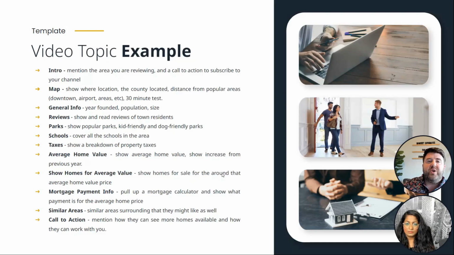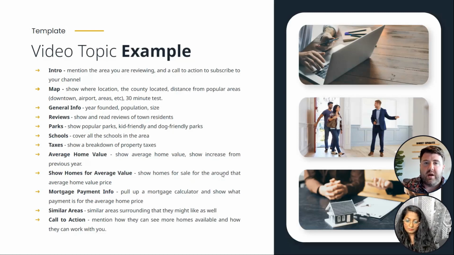And then one thing you can do as you're ending the video is say, hey, if you really like Sugar Land, you might consider Richmond or Katy, Texas. These are other popular areas that have similar neighborhoods and similar shopping experiences and schools. So if maybe you're not finding what you like in Sugar Land, you might be able to find it in Katy or Fulshear, and give them some variety to look at.